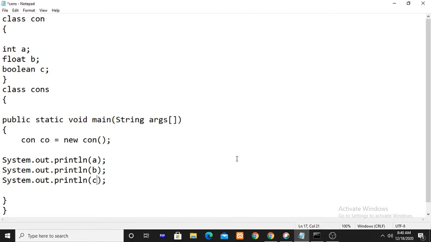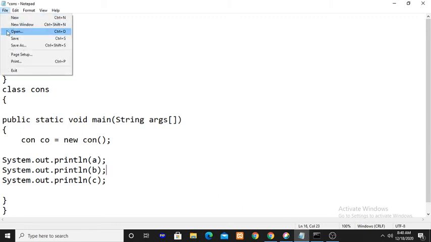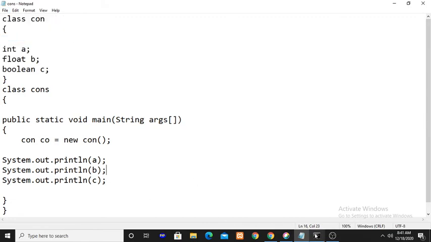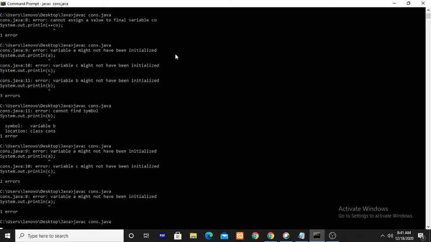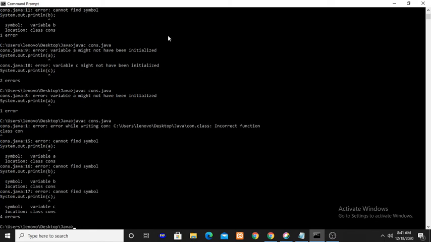Okay. Now you get the default values. Same, you are getting there, right?